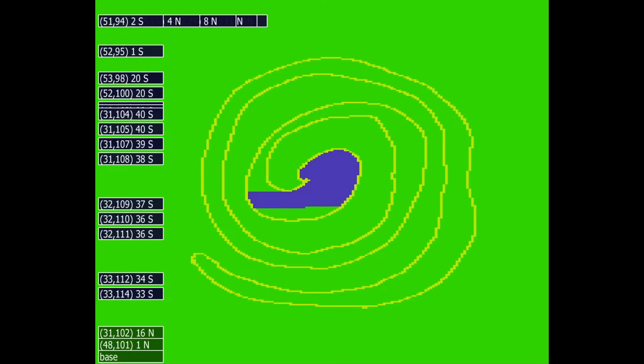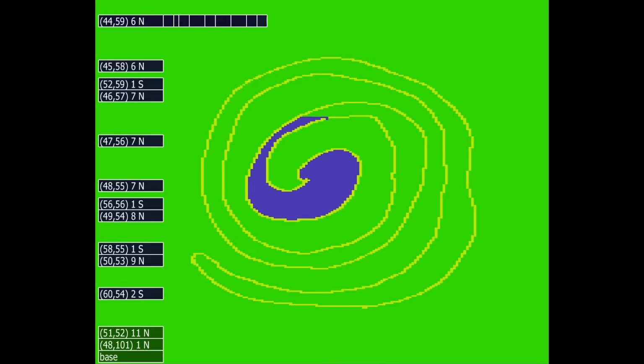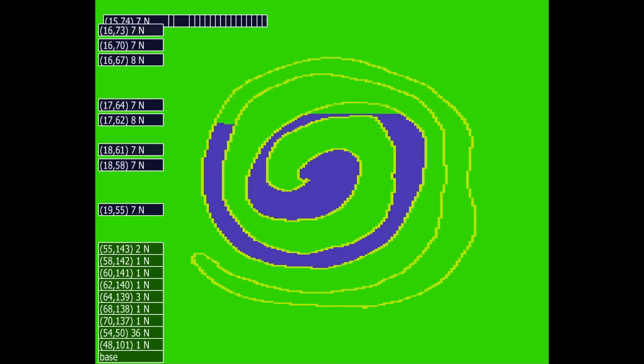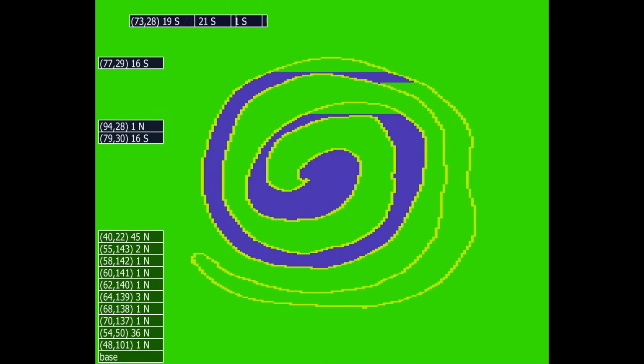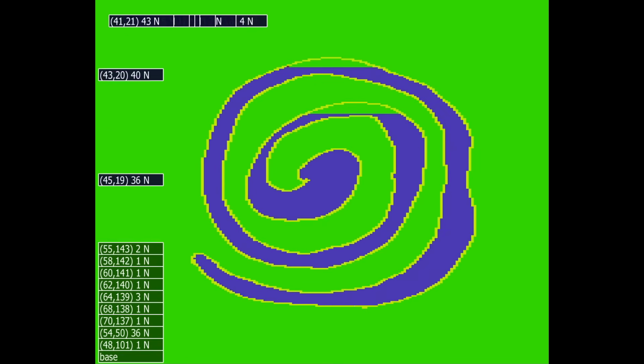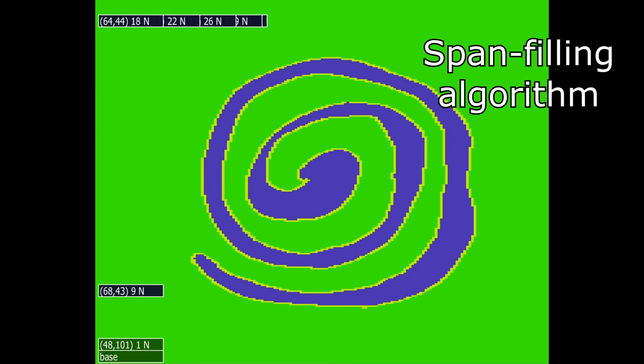So the paint algorithm that the developers of Extended Color Basic used is a highly customized and optimized way to paint the pixels within a border while keeping our memory usage under control. Formally, it's considered an optimized variant of the span filling algorithm. For some of you, that was more than enough, and congratulations for making it this far. But for others, you may still have some questions.